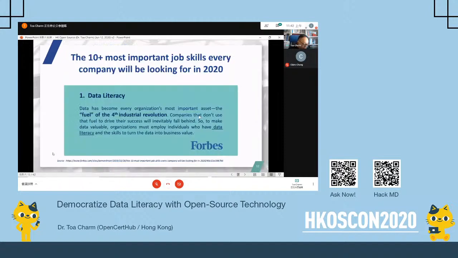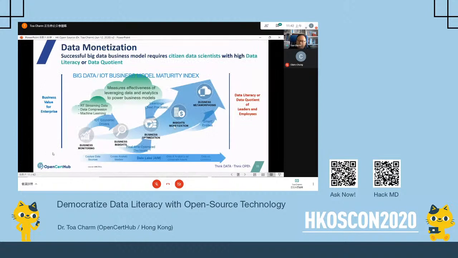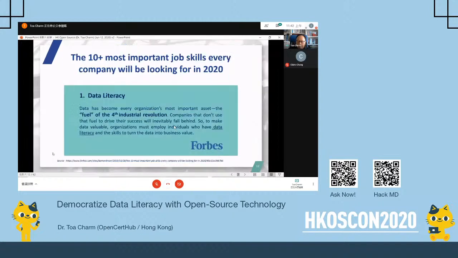So what is this data literacy we talk about? The definition is, well, this is the oil, the fuel for the fourth industrial revolution or the digital economy. Just like a fuel, if you do not have fuel, you cannot start the engine, and you cannot sustain the engine to run. Just like this, every company needs to have their employees be data literate. So they can generate business value, just as we talked about in the previous chart about the different stages of data monetization.